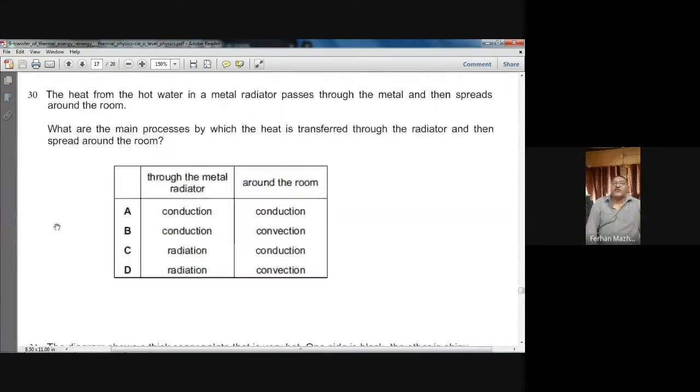Question 30. The heat from the hot water in a metal radiator passes through the metal and then spreads around the room. What are the main processes by which the heat is transferred through the radiator and